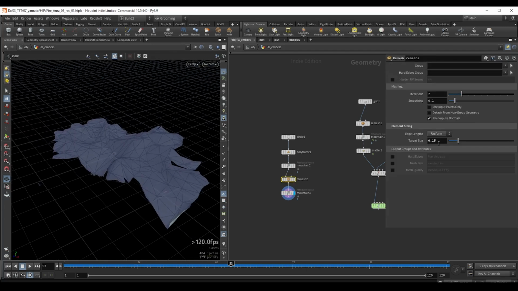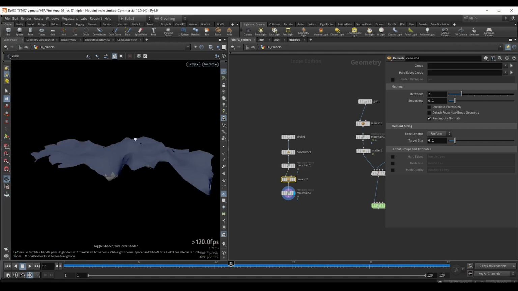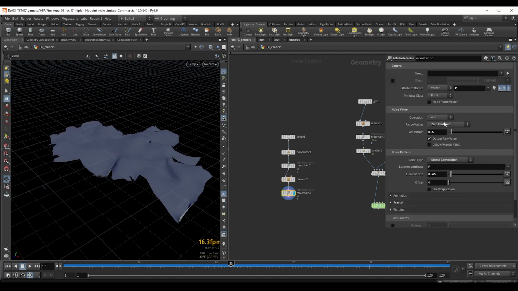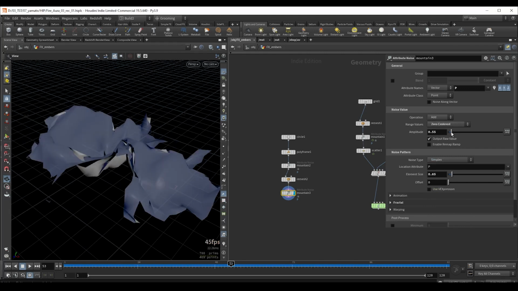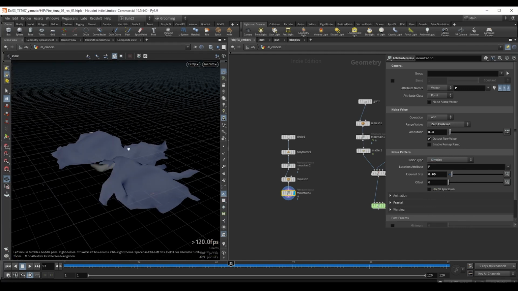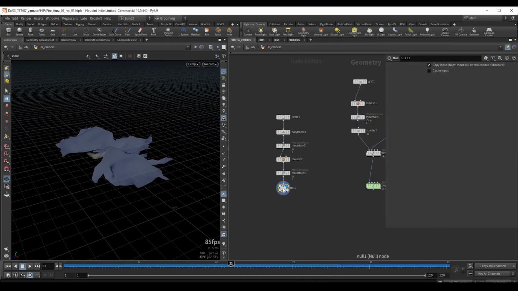Let's go ahead and set the target size for our remesh even lower, so we have more resolution, and we end up with something like this. I think I actually want the simplex version here. Let's increase the element size and decrease the amplitude. So I think something like this is fine for our Ember mesh, and we can do a null here,